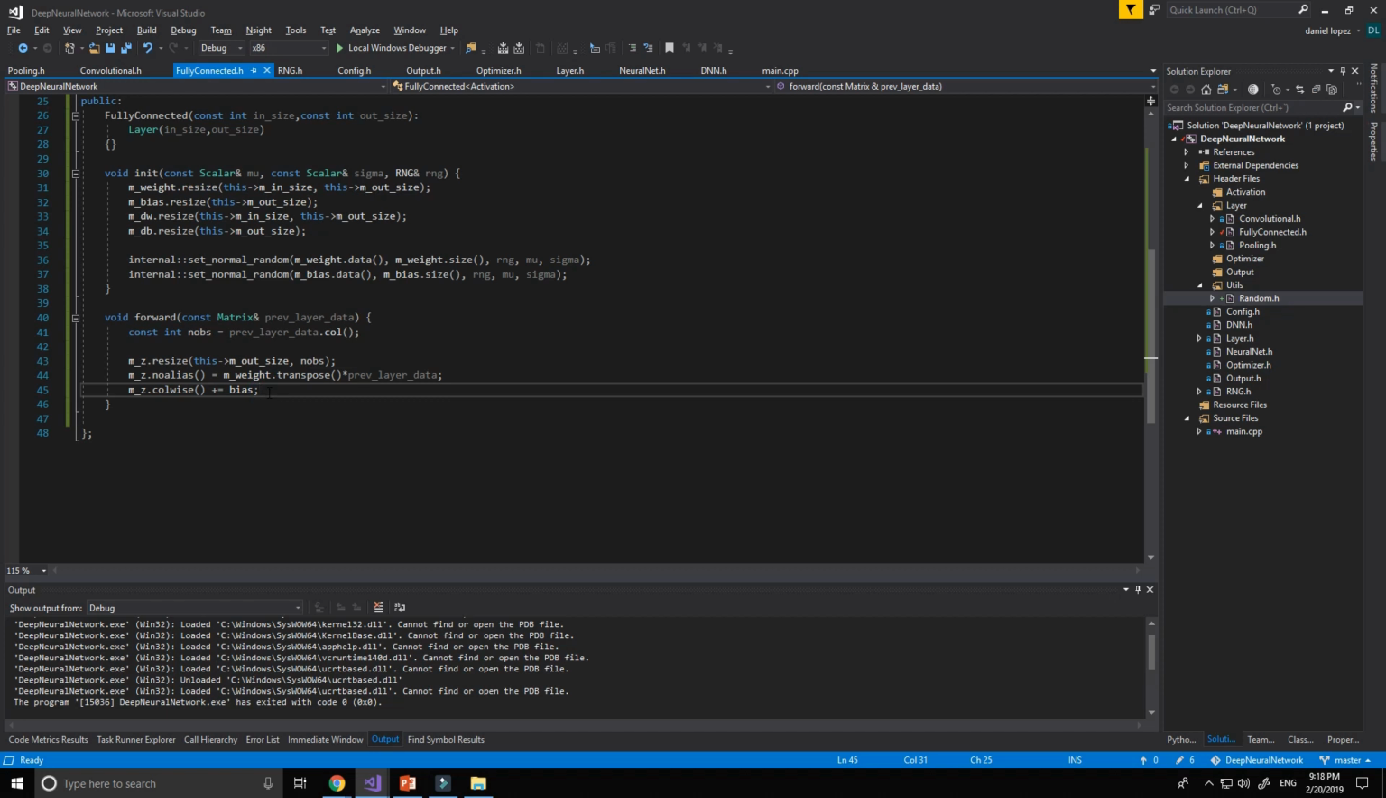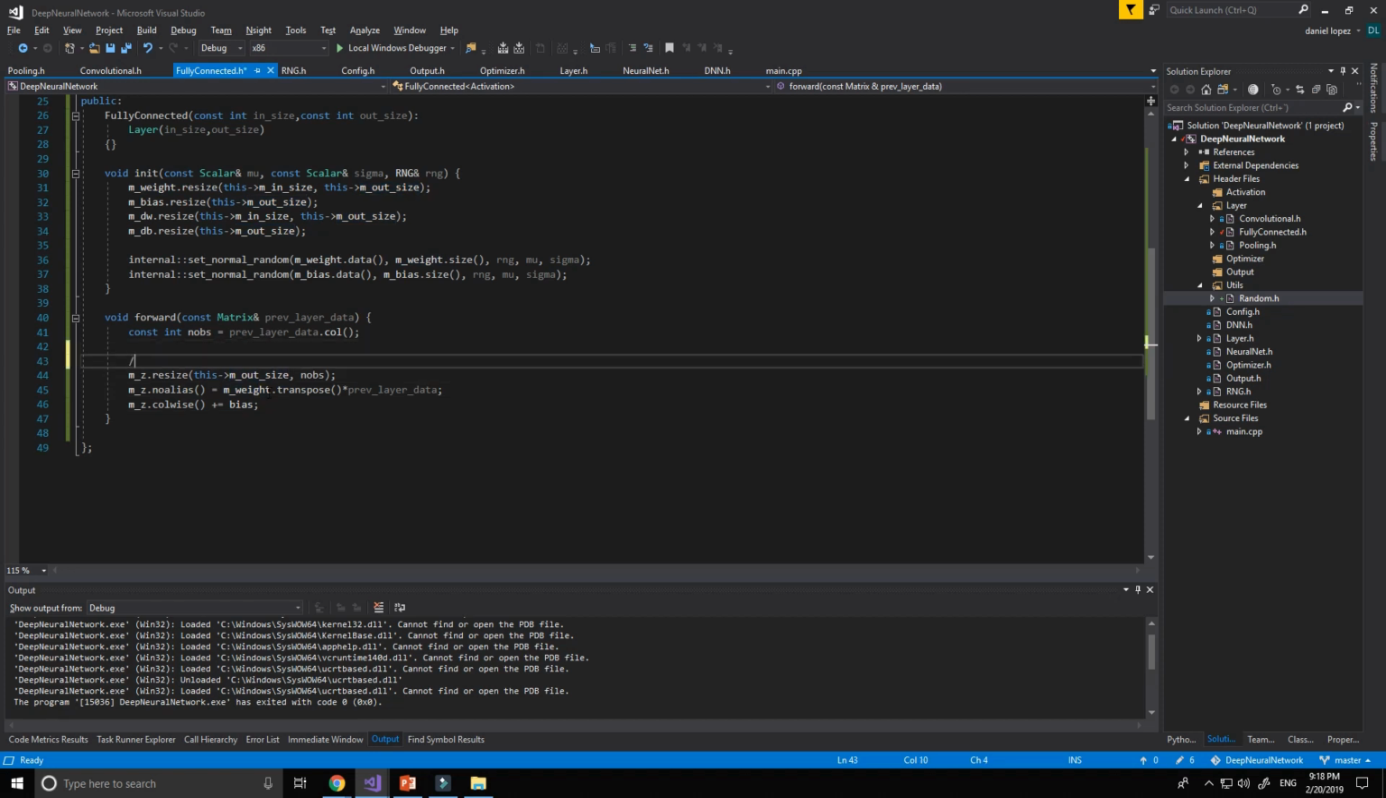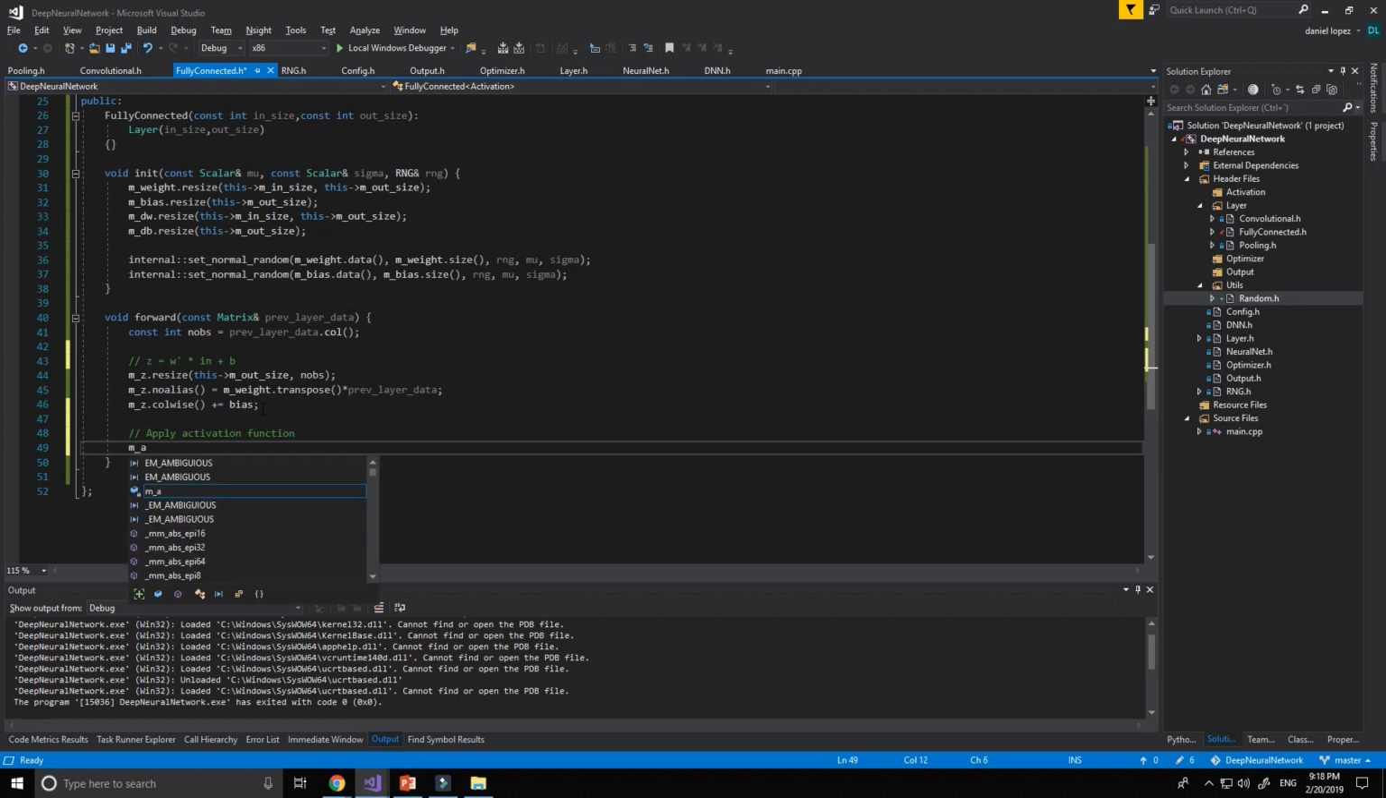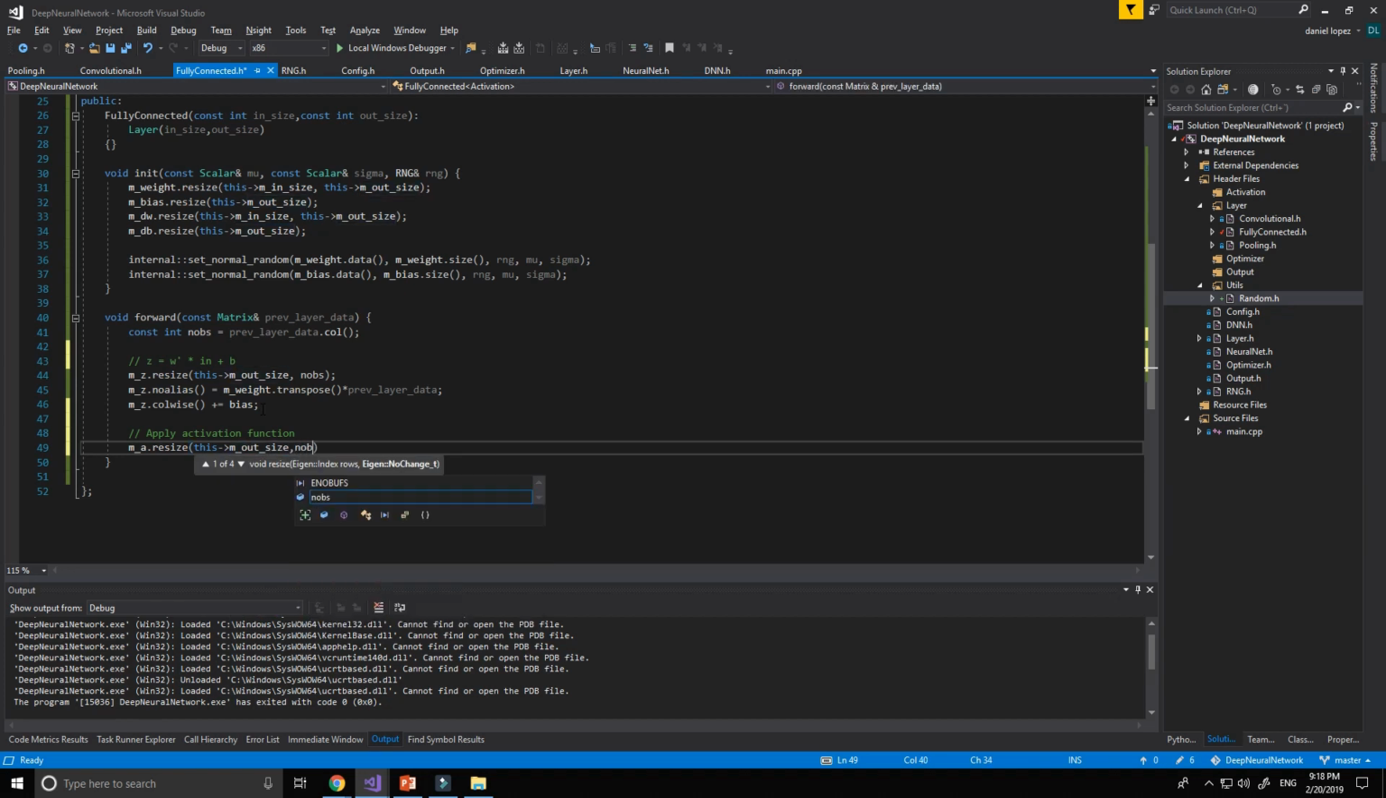Now what we need now, I will write some comments in order to help you. Mset will be W transpose multiply by the input plus the bias. Now what we need now, we need to apply the activation function. MA resize this and out size and the number of observations